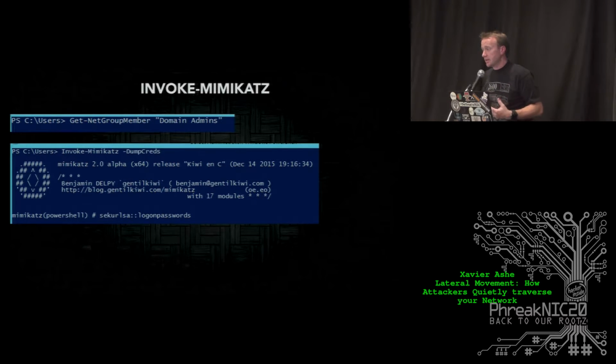So there are several different types of Windows improvements that basically make Mimikatz run and can steal any locally cached credentials. So fire it up here, and I'm looking at my net group members, looking for domain admins. Once I've got my PowerShell set up, I just invoke Mimikatz, and I'm going to dump creds. So one command,